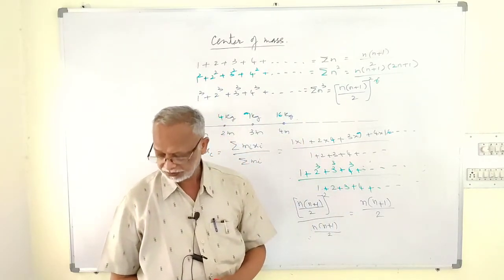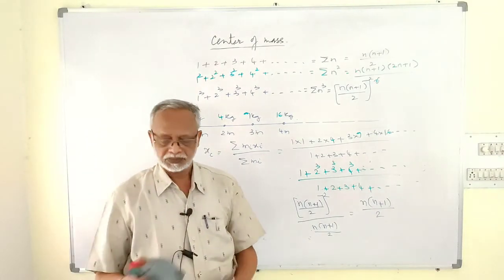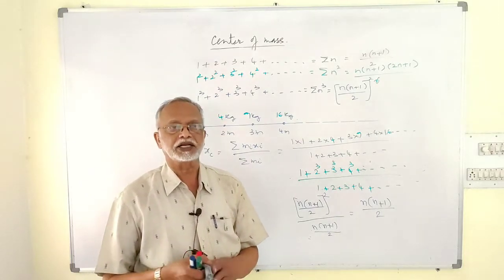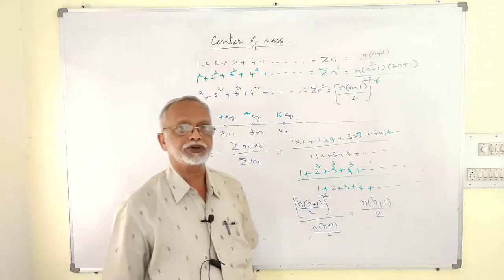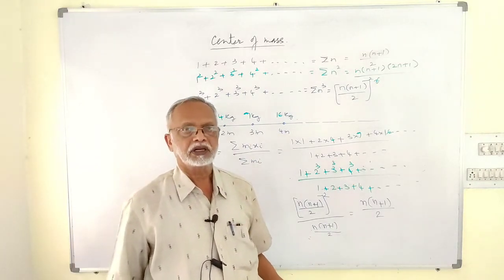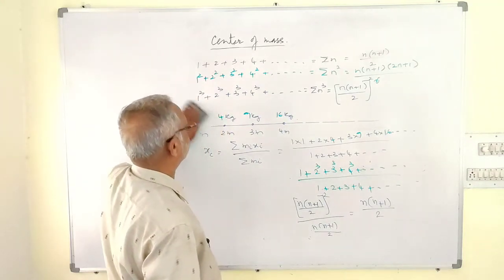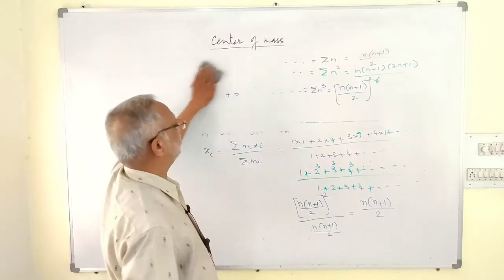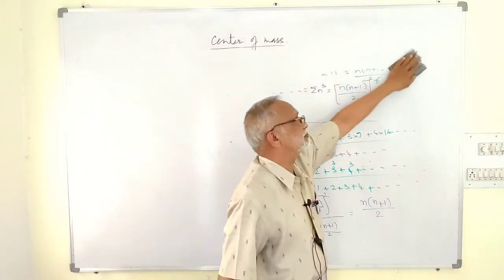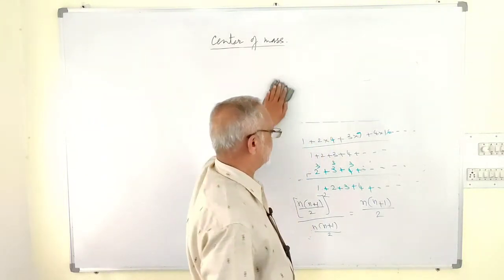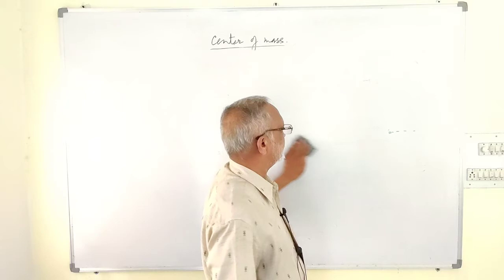So far we have considered bodies present along a straight line. The bodies may not be present along a straight line. If they are not present along a straight line, they may be distributed either in a plane or in 3 dimensions. Let us consider first that they are distributed in a plane. The plane may be xy plane or yz plane or zx plane. If the bodies are present in xy plane, then every body will be having x coordinate and y coordinate.